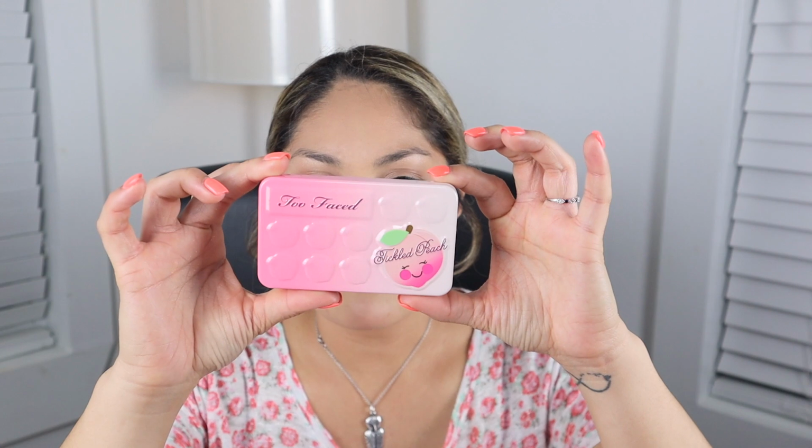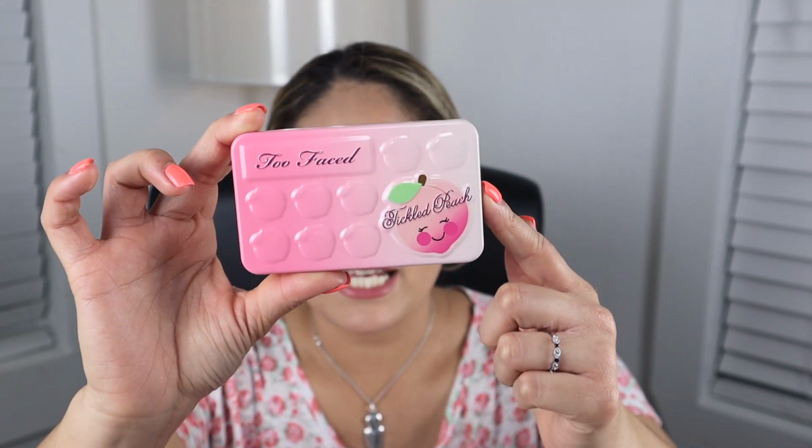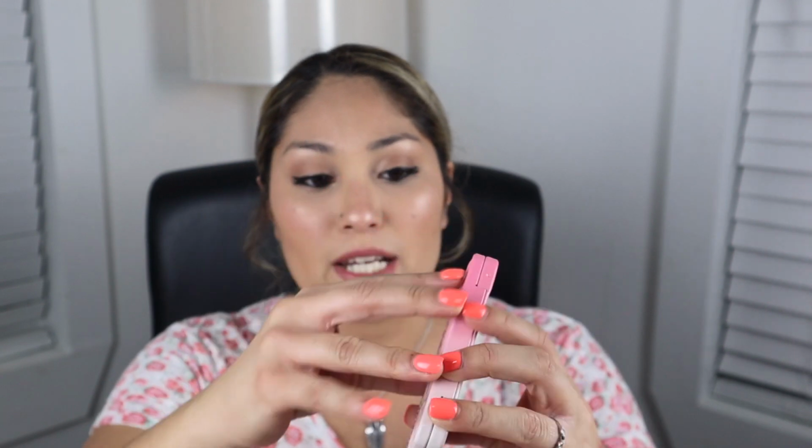They're all eyeshadow palettes. I went a little bit crazy as far as the eyeshadow palettes go. So I did get the Tickled Peach. I'm not sure if this is limited edition or not. I thought it was, but it's been in store for quite some time. Super cute packaging. I do like the Too Faced palettes when they do it in the tin. And this is called the Tickled Peach, and it comes with